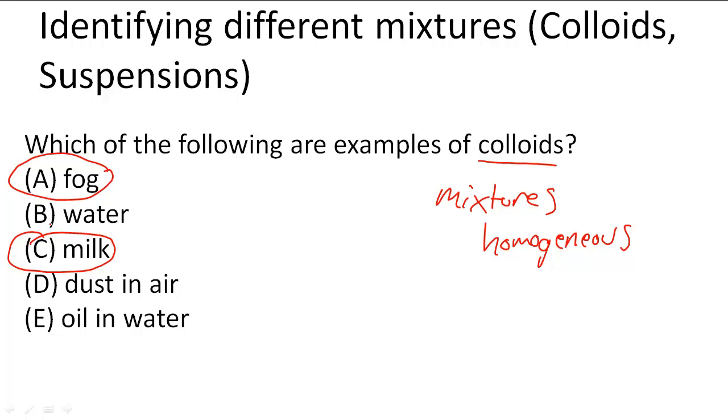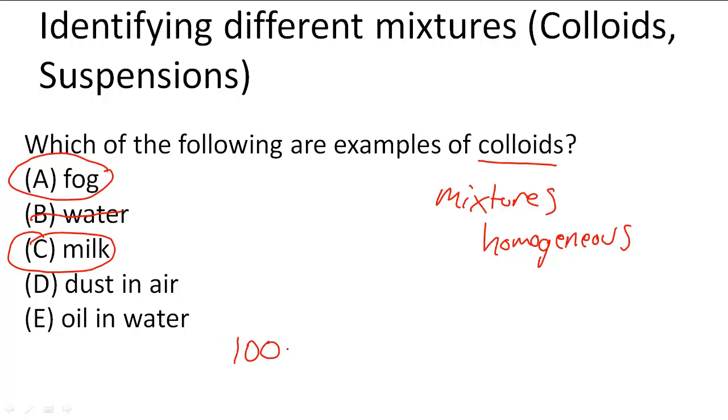And B is a solvent, so we're not going to count that at all in any of our answers. But dust in the air and oil in water are important because they're suspensions. Dust in air and oil in the water are things that will appear heterogeneous. So they will appear heterogeneous, or sometimes people will refer to them as homogeneous, but because their molecules are more